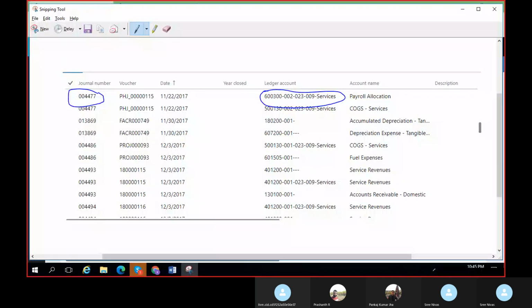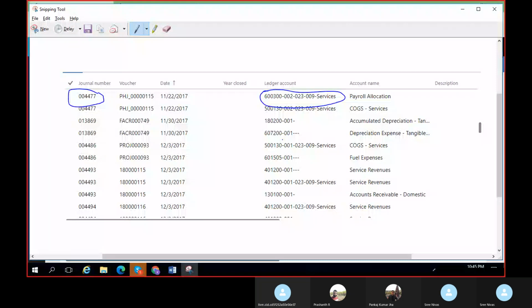By looking at this, on what basis can you identify it? Let us assume the account name is also not visible. They have sent only this one. By looking at this, how is it possible for you to identify the transactions? Can someone guess on what basis you can identify the transactions? Maybe it's the number sequence. No, no, this is actually not the number sequence.